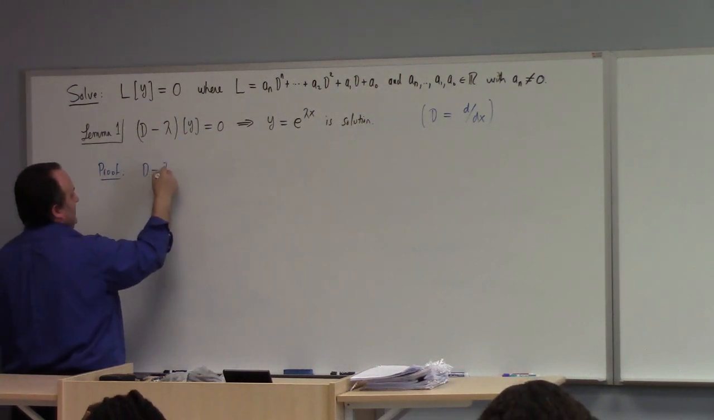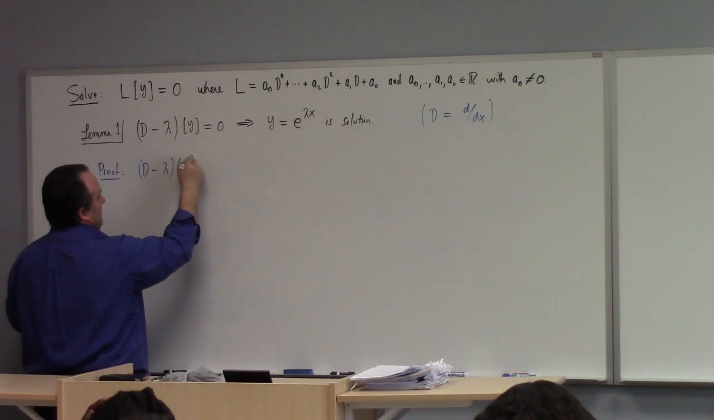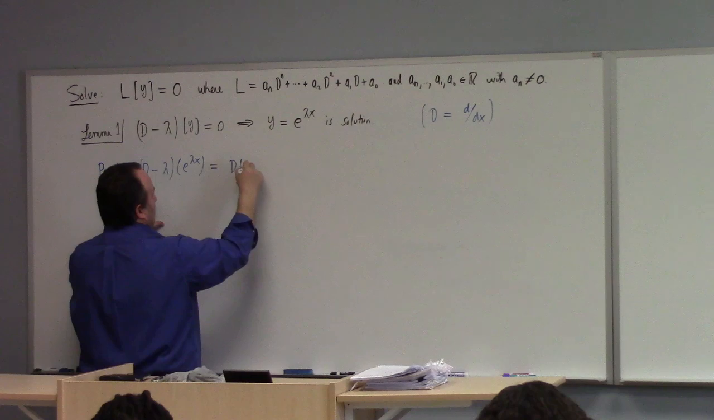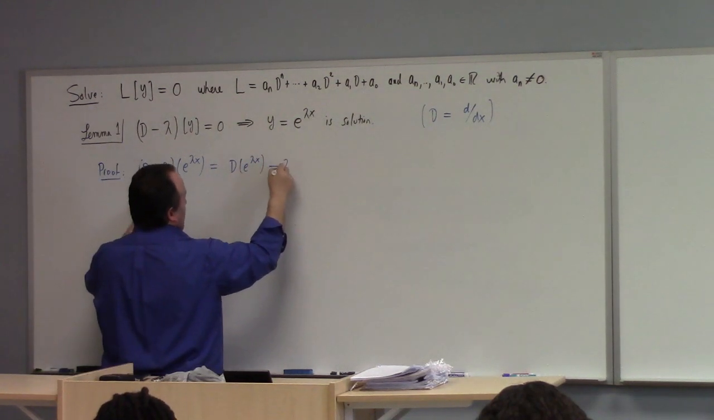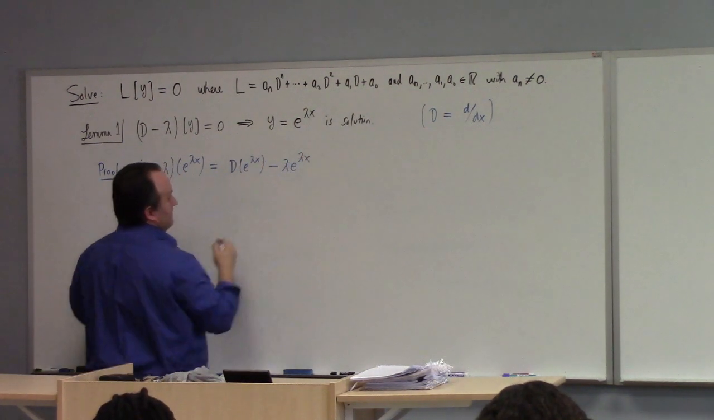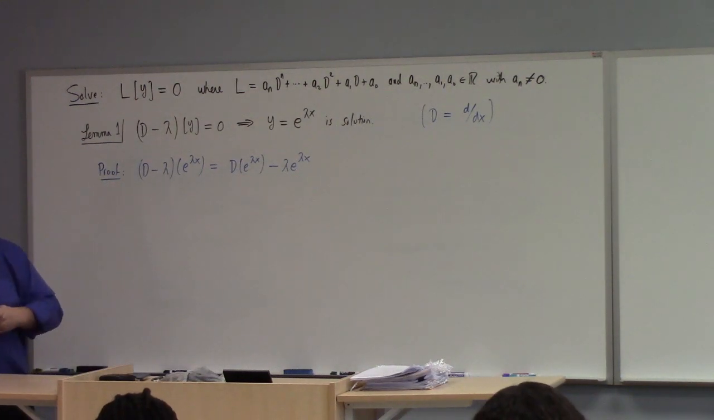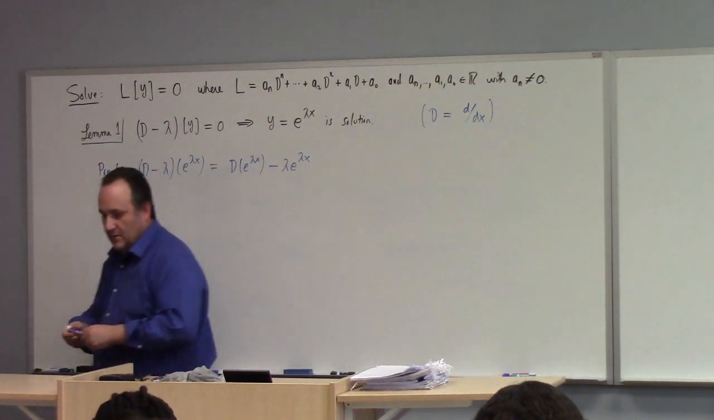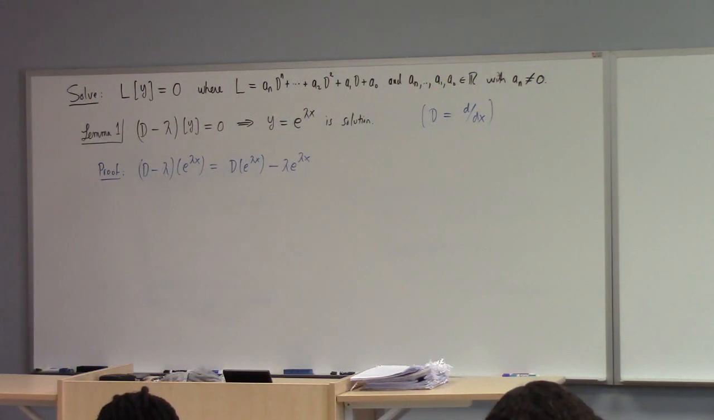So D minus lambda times e to the lambda x, what do we get? By definition, this is D of e to the lambda x minus lambda e to the lambda x. So here I'm using a definition of operators. Let me make a definition over here. Definition: if T1 and T2 are operators, then